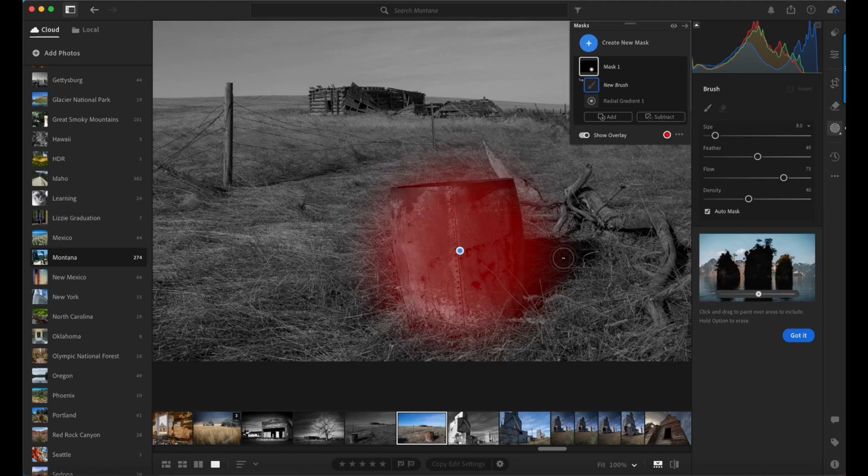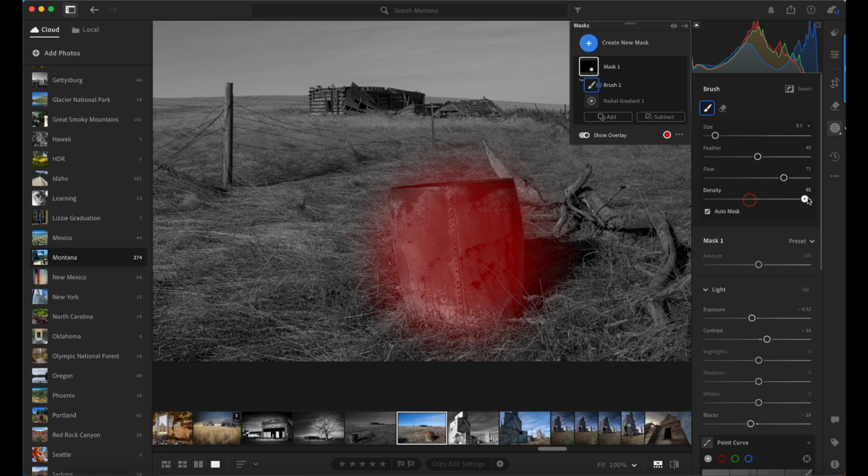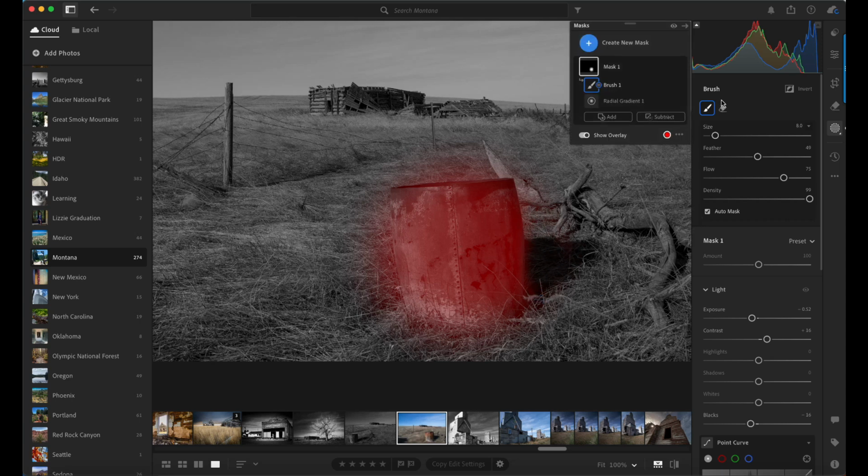So I'll select Brush. And then all you're going to do is simply paint over the areas that you want to remove. So you can see how I'm removing the mask from the right side of that piece of metal. And I'm going to bring the density up here higher so I can make sure that I fully remove that mask. And that's the other thing. You've got to keep in mind that these tools all work together. So I'm using the brush at this point to brush out or subtract out the areas